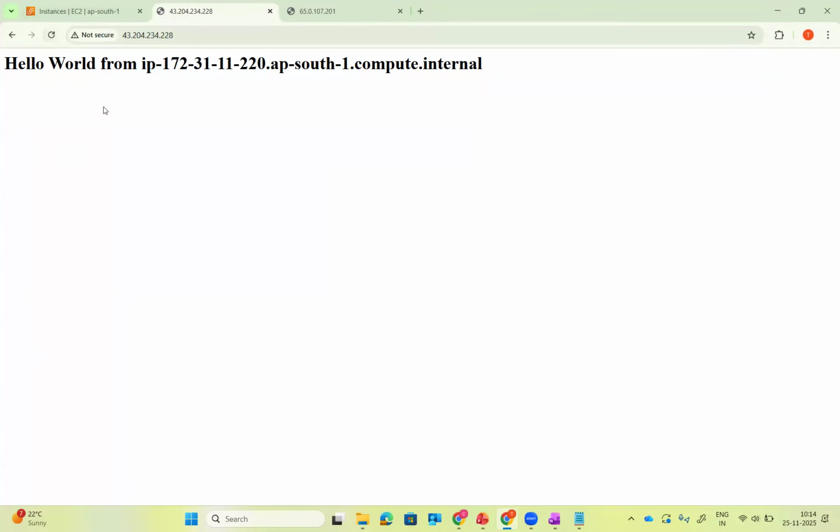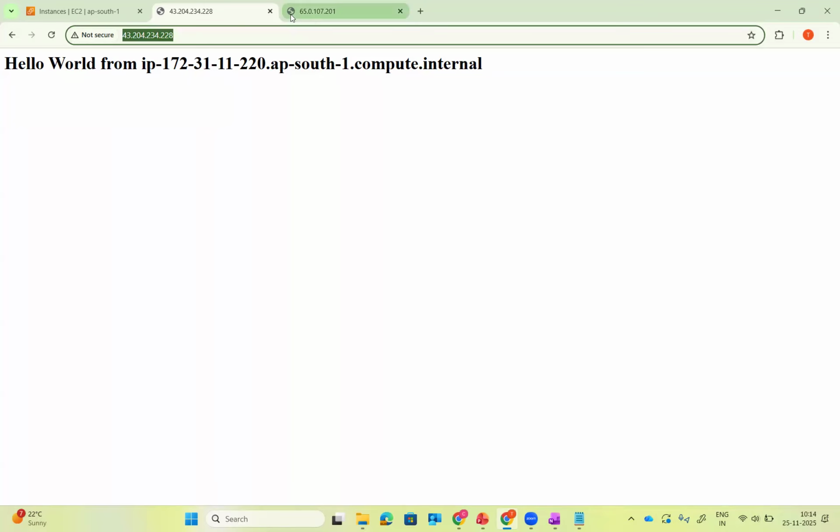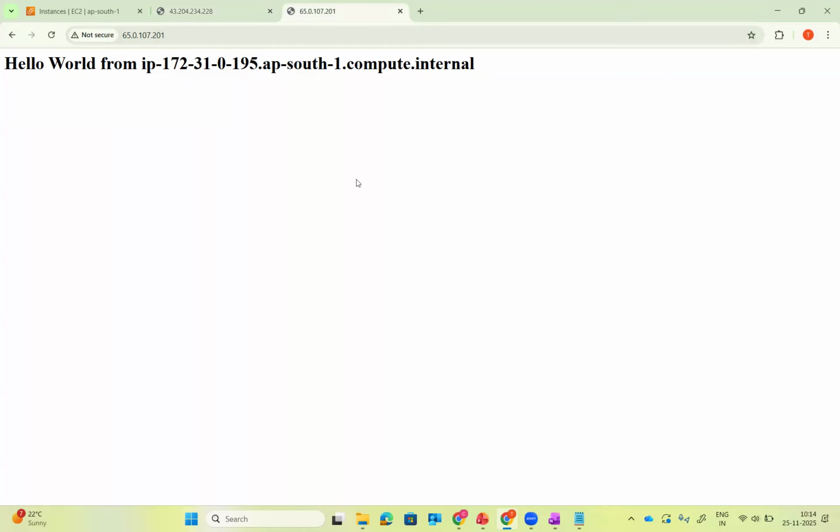Now what's happening? Consider that I'm also a user, you are also a user. Now consider that we both have to access some application which is present on these virtual machines. Now what is this? This is Hello World application. Now what you will get, you will get this IP to access, and perhaps I'll get this IP to access. We both are customers, a company has to provide two different IPs to their different customers to access same application. As of now, this IP address is different, but this is different just to show you that these are